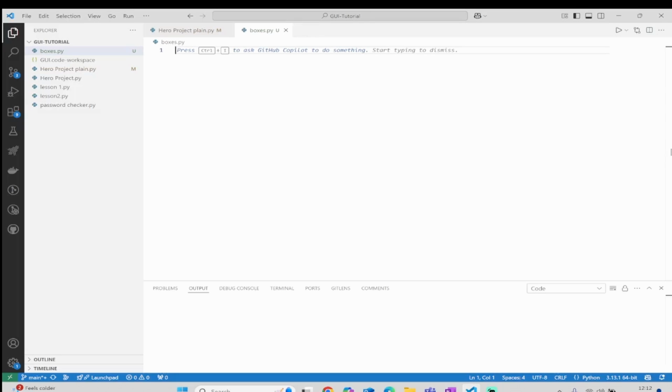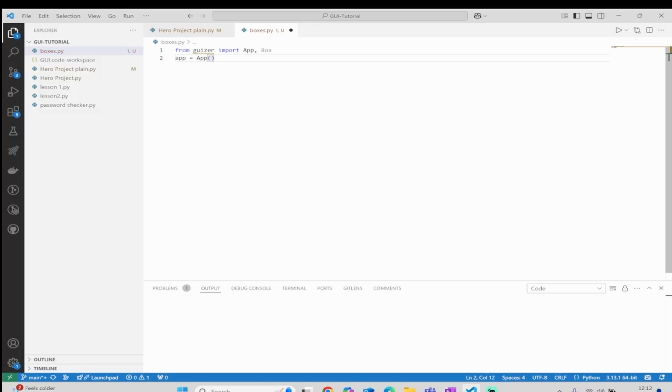So you create a box in the same way you create other widgets. So let's start with from guizero, and we'll import App and Box, like so, and then we can actually create this. So we'll create an app called app equals App,